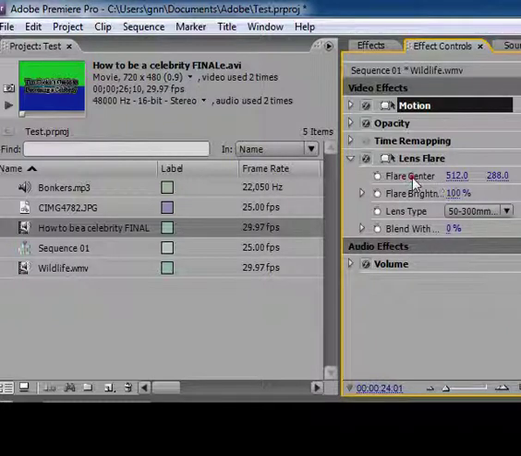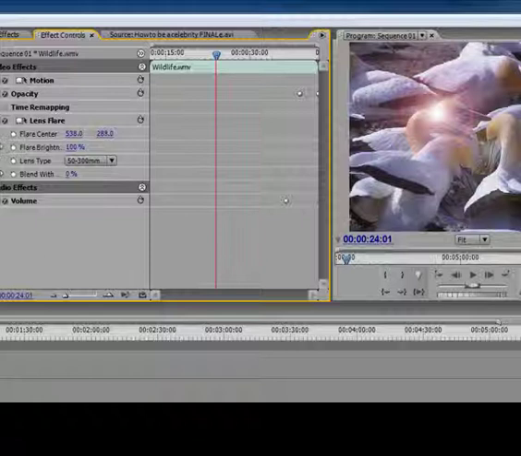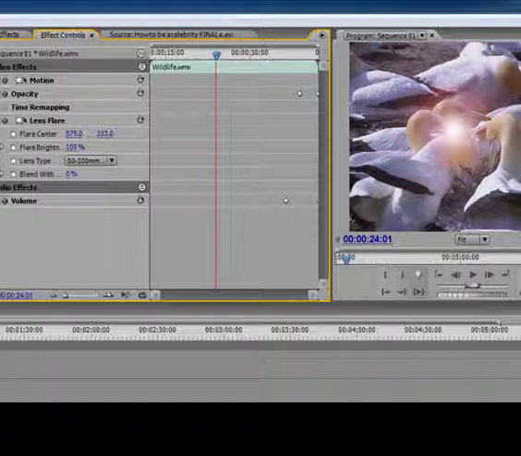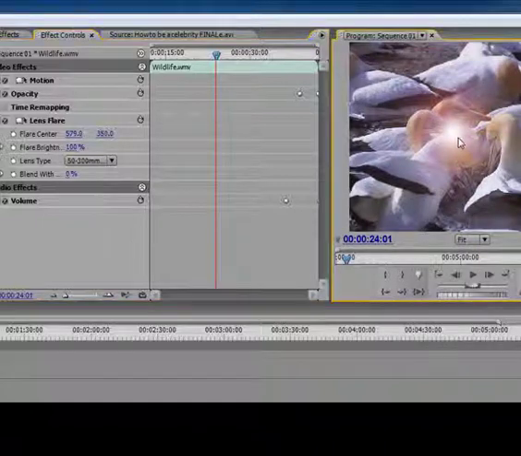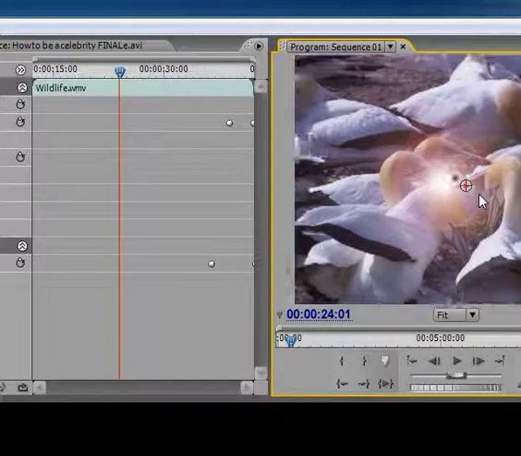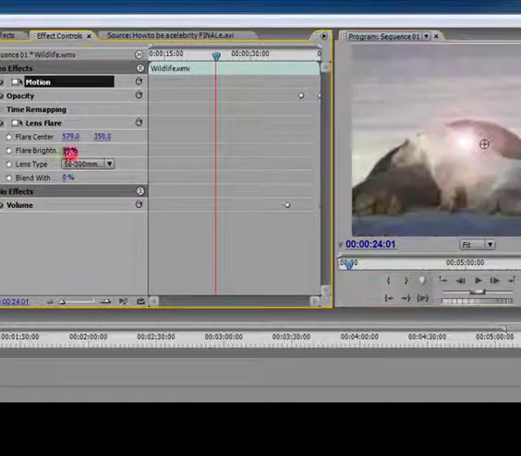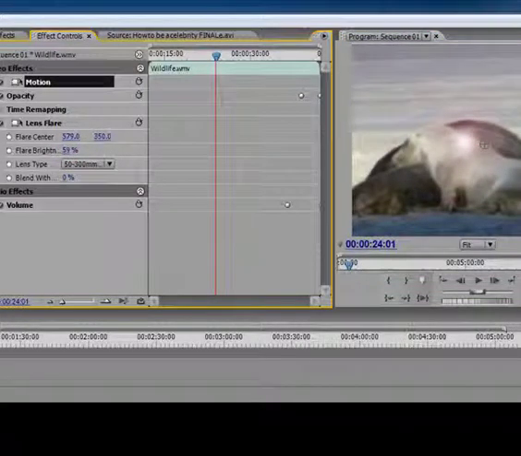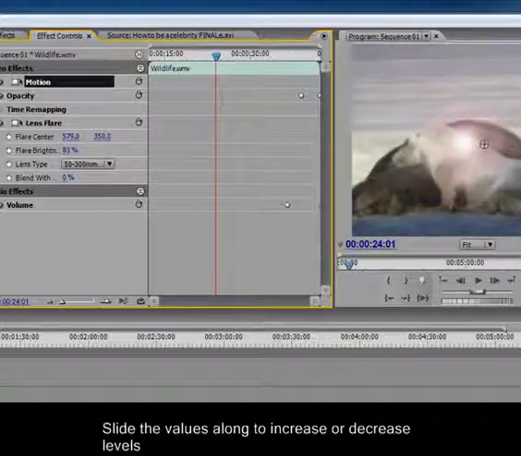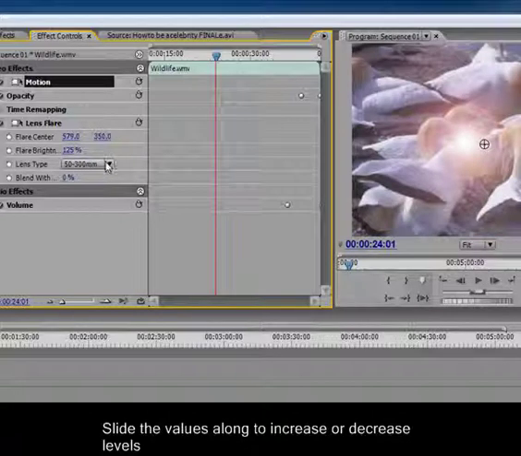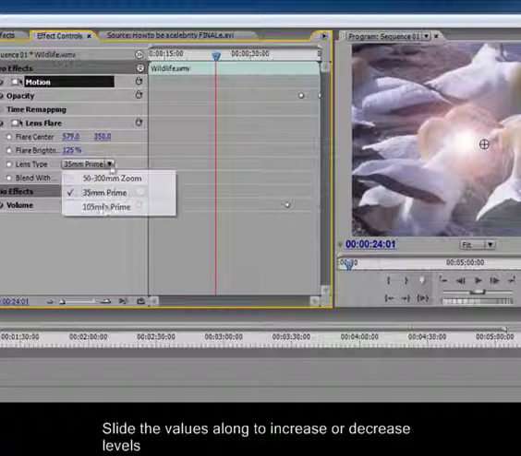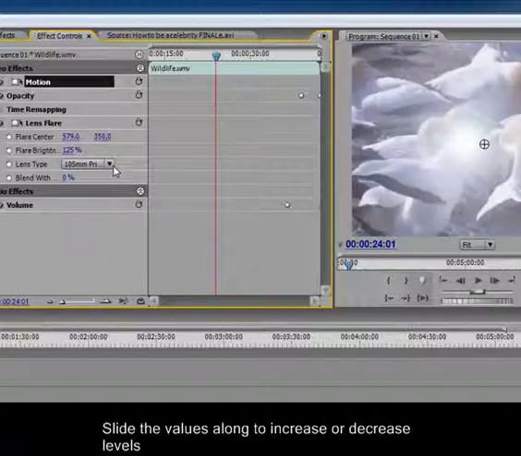Here, what I can control is the flare center, for instance. I can move that around. I can move it up, down, and I can position it exactly where I want. I'm going to actually pull it over there. I can also adjust the flare brightness there. You can see that's not so bright there. Or I can really push the brightness to there. Okay, I can play around with different lens types as well. You'll see that each different lens type produces a slightly different type of lens flare,